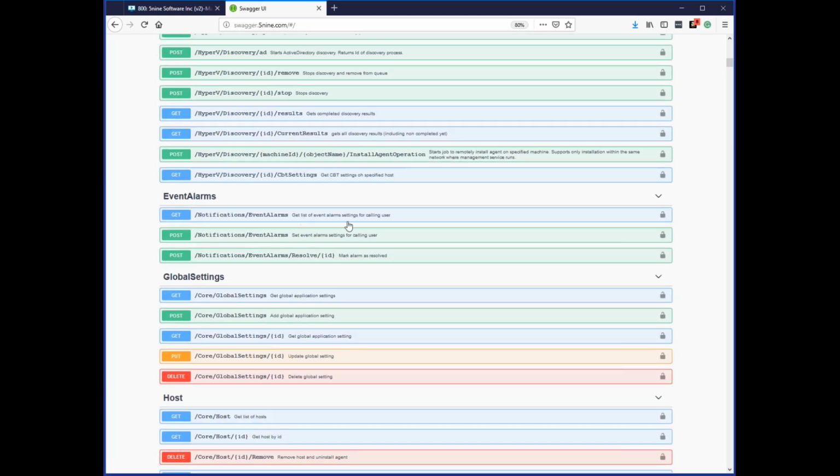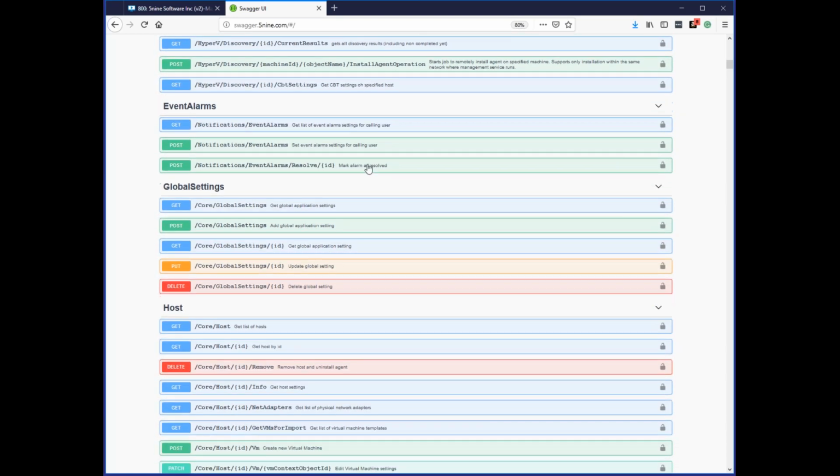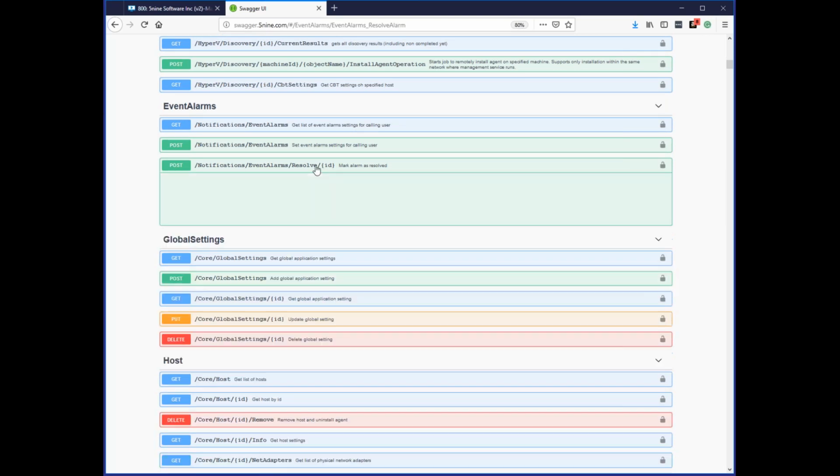Event alarms, as you saw, are different alarms that are coming up. So every time there's a cluster alert or VM alert, you can get those alarms through here. You can also set different alarms and mark alarms as resolved. So you might have a ticketing system where you want to pull in the event alarms for a particular VM, associate them to a customer maybe, and then once you have identified or looked at them, you can go ahead and mark them as